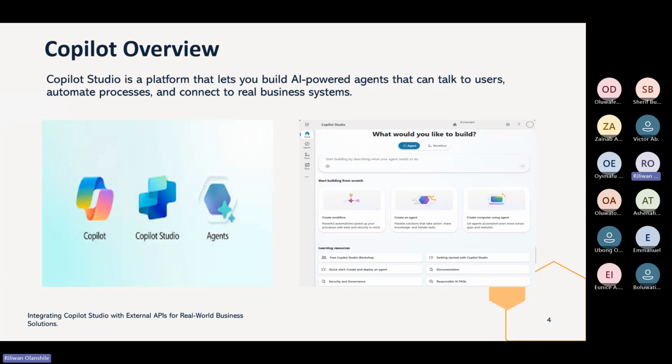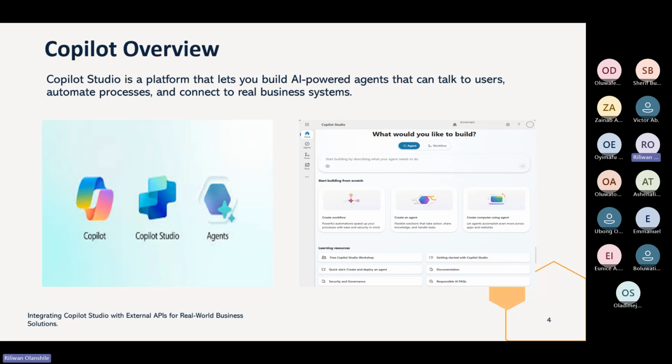Now, Copilot agents is that particular AI assistant that you have built using the Copilot Studio, right? People often tend to synonymize Copilot Studio and Copilot agents. I just thought I'd take the opportunity to make the clarification and the distinction between them all. So let's proceed from there. I don't think there's anybody here that doesn't really know about the Copilot or the Copilot Studio itself. So I'm just going to proceed.